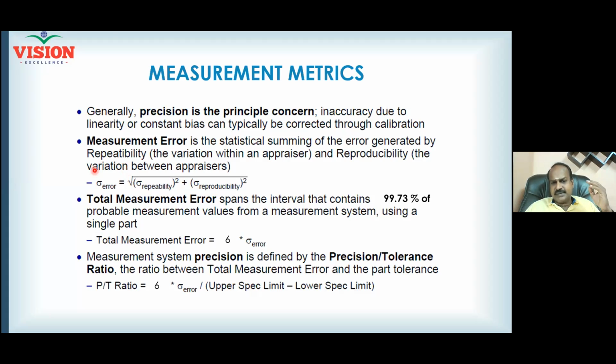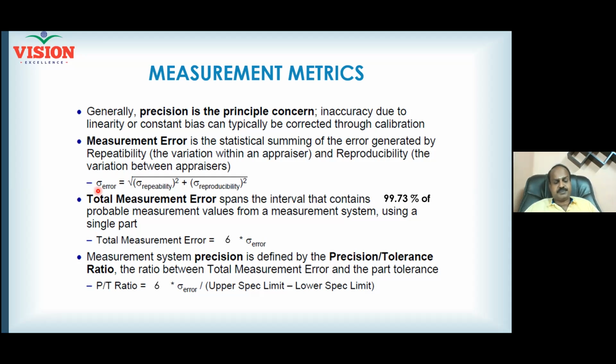Because standard deviation is never negative, it is always positive. So you have to convert into variance. Variance only will have the plus and minus. So I square it, it becomes variance. I square the other one, that also becomes variance. Variance can be combined because variance has the original signature, plus or minus. So now you can combine the variance, and again, to get the standard deviation, you take the square root. And you understand how the sigma error came? Clear?